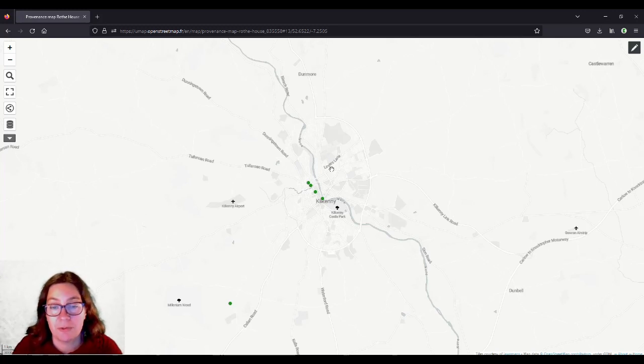So the first thing you have to do is you choose your artifacts. And because we're going to put them on a map with their original find location, you can only choose ones where you know the original find location. Sometimes, especially in smaller museums, in smaller country museums, you might not know where they came from because somebody just donated the artifact and it's just not known where they were found exactly.